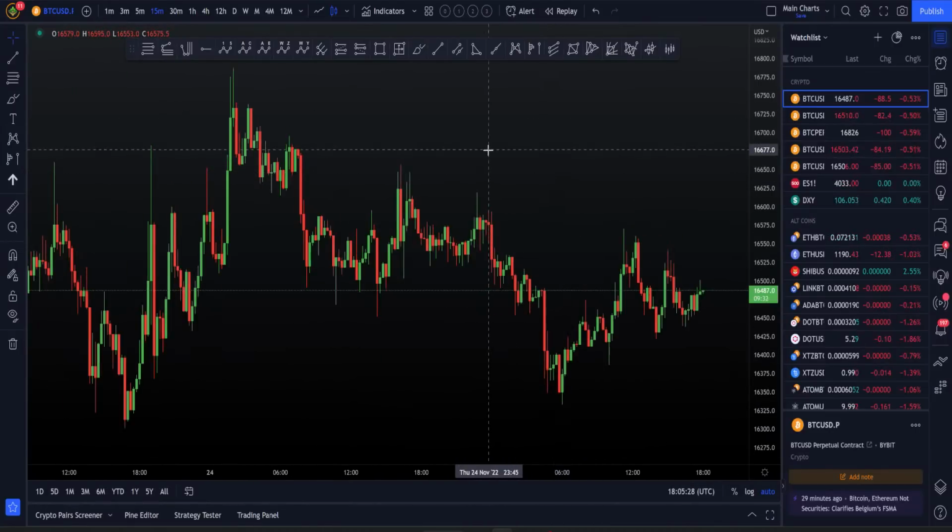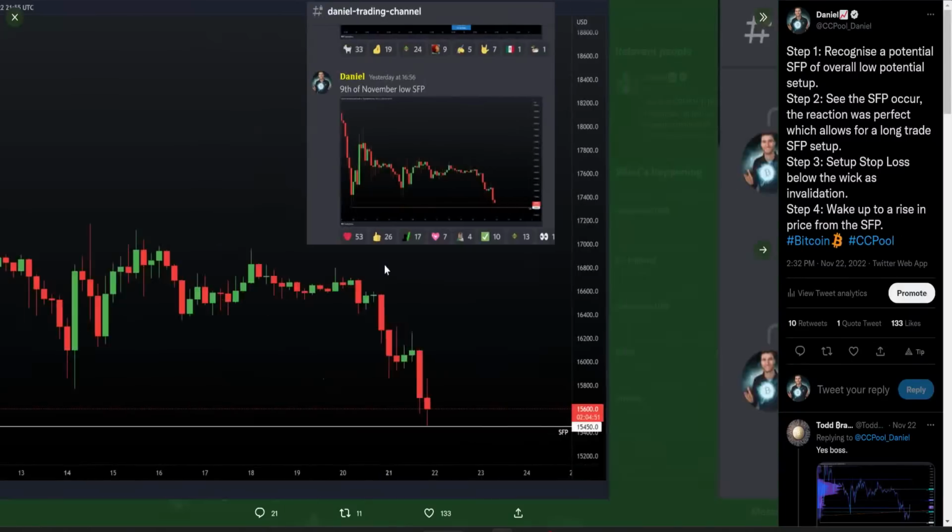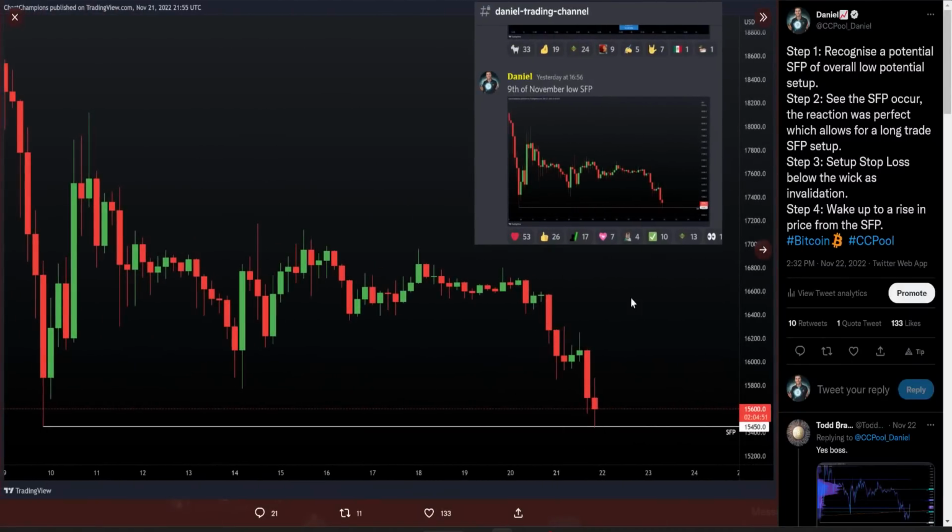But obviously, the last video that we done, I talked about how we are giving levels, right? We're giving levels inside of the group, and these levels are being respected. I mean, you can see this, like swing failure, like we had the daily, we had the NPC. These levels are being respected to the exact dollar, and you know, this is not satire. This is not a joke. Our levels truly are being respected extremely well right now. And obviously I said, well, CC Pool as a collective, we are trading billions of dollars. Okay, this is not news if you have been around for a while.